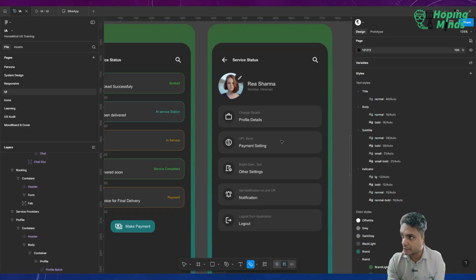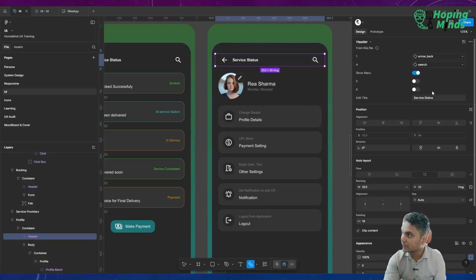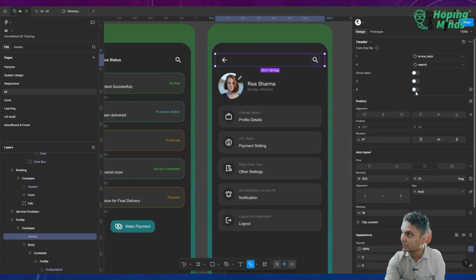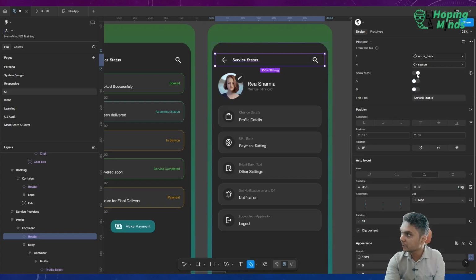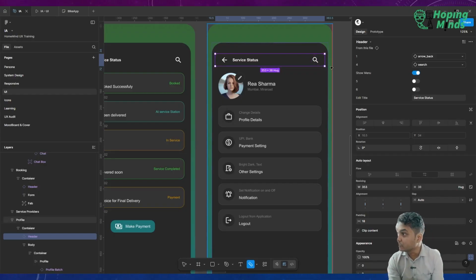Okay, so we also created the profile batch where you have edit button and the search option. I don't think you need a search option here for now, so I can just disable the search option. I don't need all the menus. So I need title, but I don't need the rest. I might have to create another boolean for it, but that's